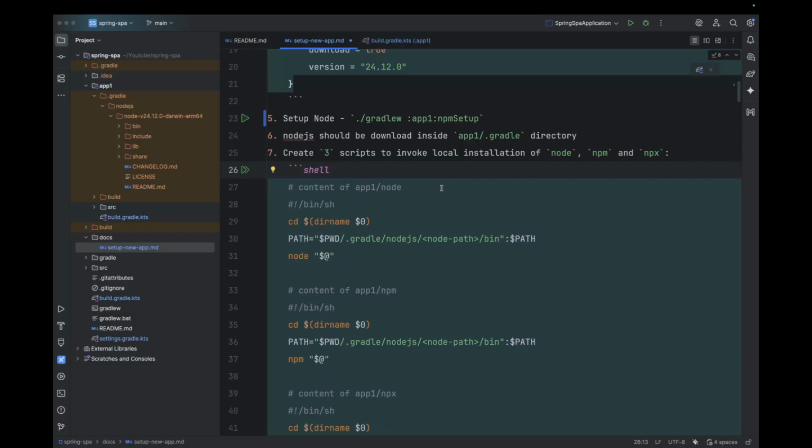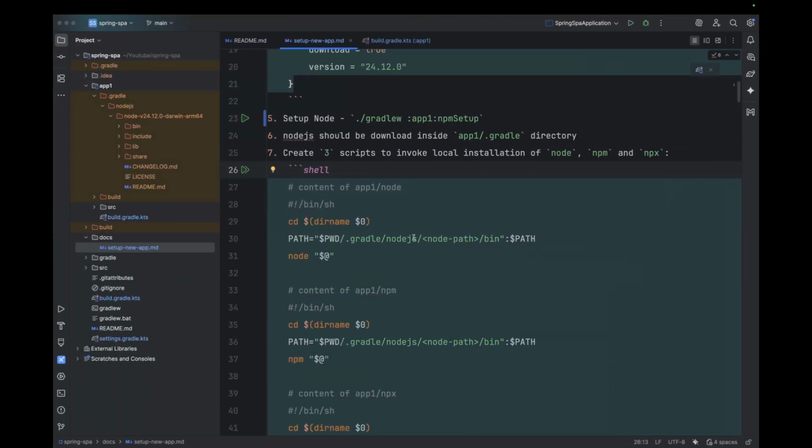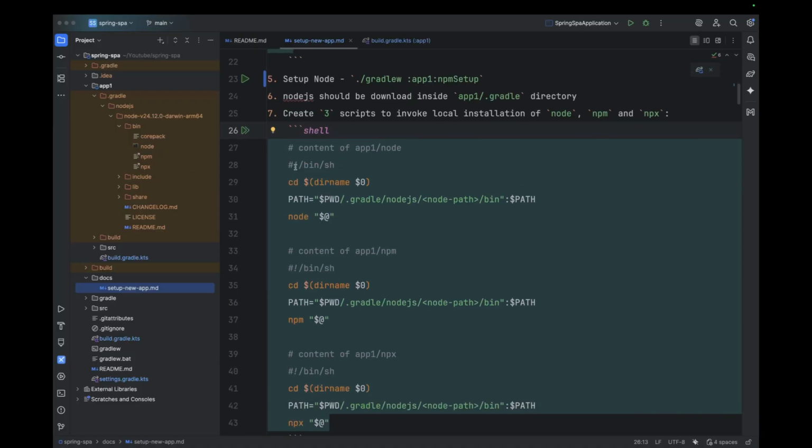Now let's say you need to create or you need to run npm, npx or node, but you need to refer to this node which is in your project, not the one installed on your machine. So what you need to do is you need to execute these scripts. So you can create these scripts. Let me copy this one and let me go to app1